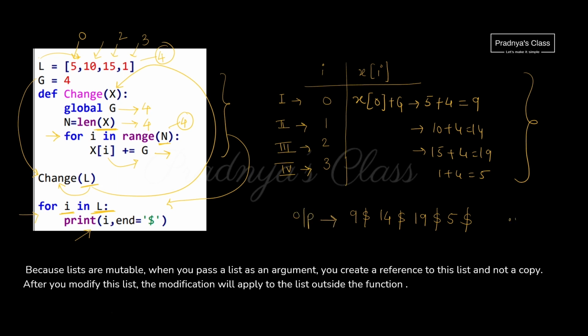Hope you understood this explanation. In this code, we were passing a list to the user defined function, and the changes made inside the user defined function are getting reflected back to main. Why? Because lists are mutable. When we pass a list as an argument to the user defined function, it creates a reference. That's why when we modify the list, it will be visible outside the function also. You know one thing, if we pass an immutable data type to a function, the changes will not reflect back to main.